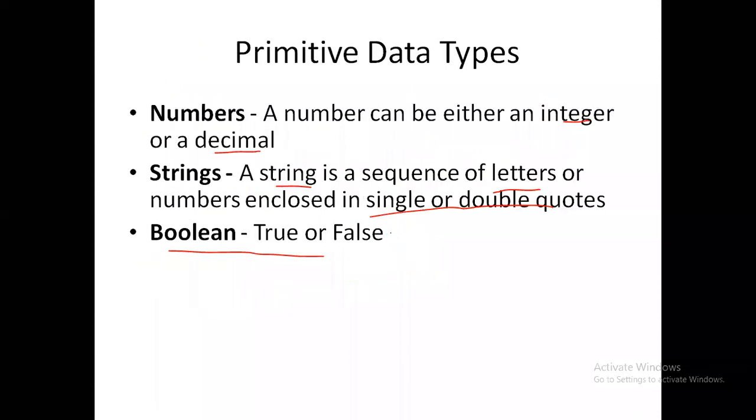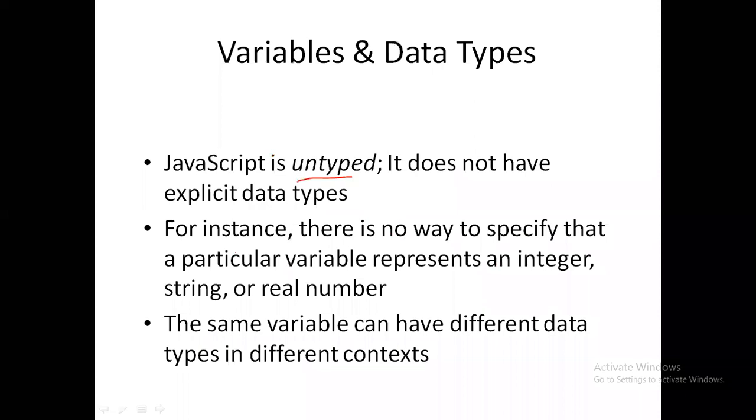Okay, so that was the thing. And there is no way to specify that a particular variable represents an integer, real number, or something else. So that is what I said. Then the same variable can be a different data type in a different context. So I can say,